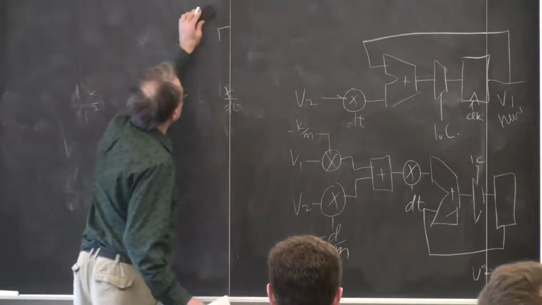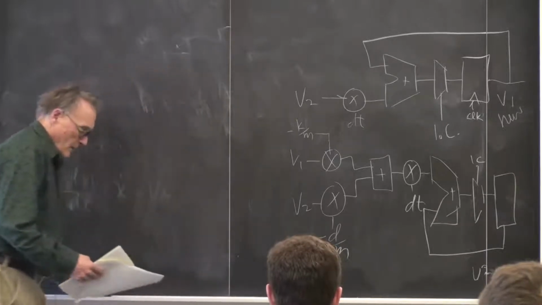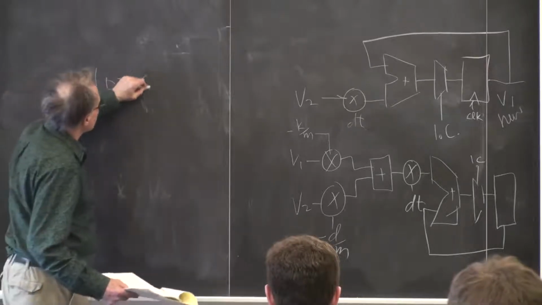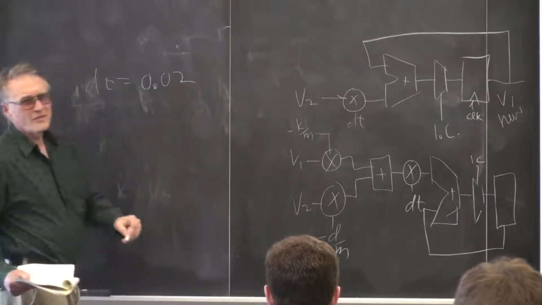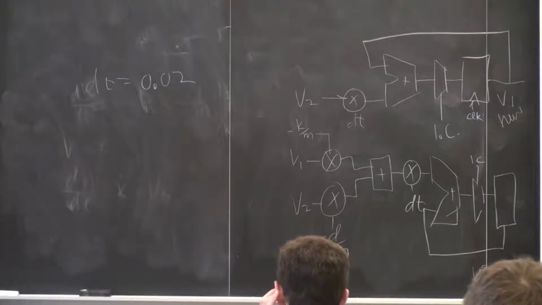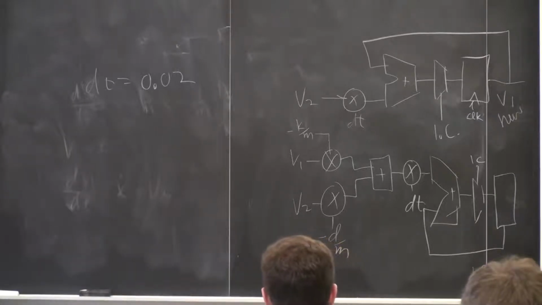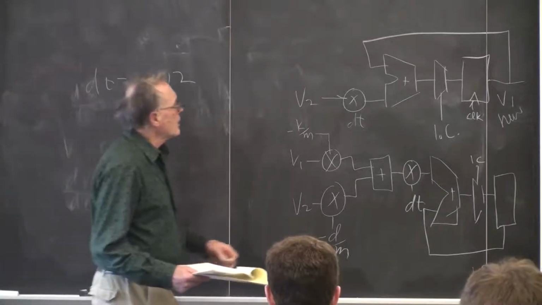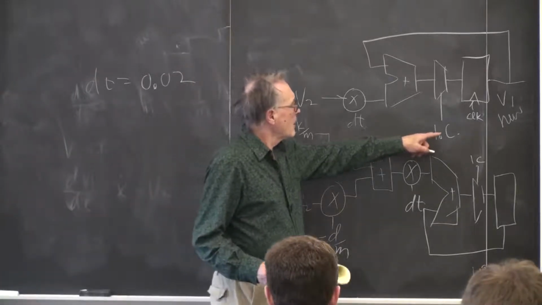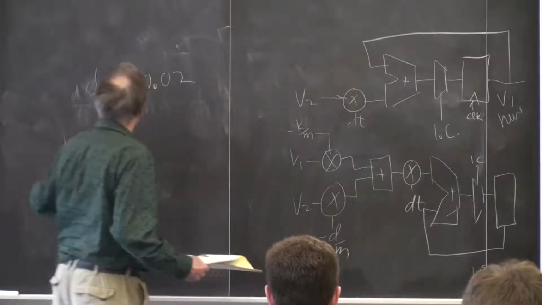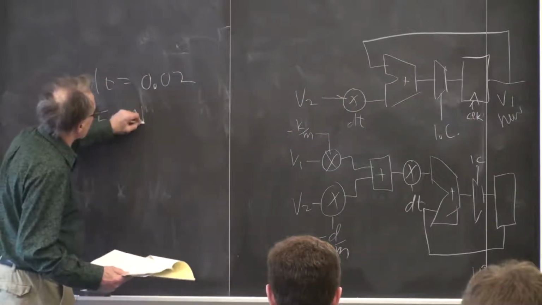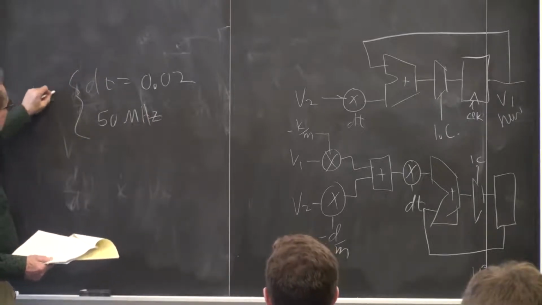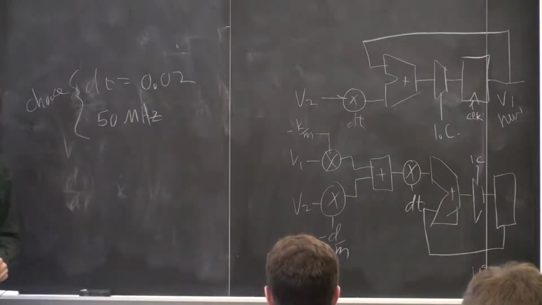And to do that, we need to notice, let's say we pick something easy like a dt of 0.02, 1/50th. That's not small enough, but we're going to do that right now. And let's say that our clock, our update clock, is 50 megahertz. You're choosing both of these. If you choose both of those,